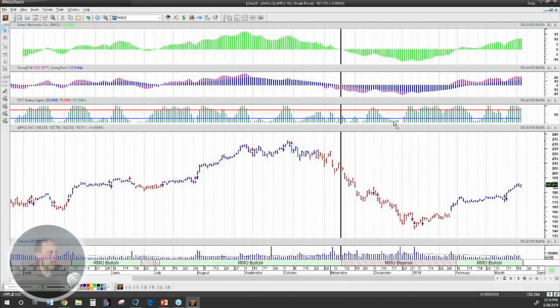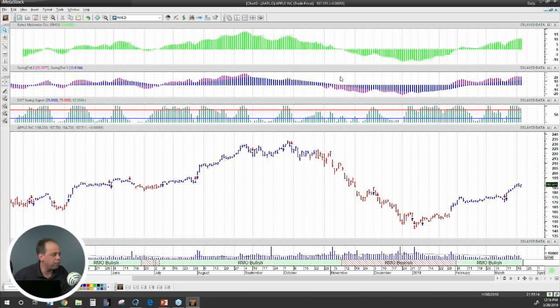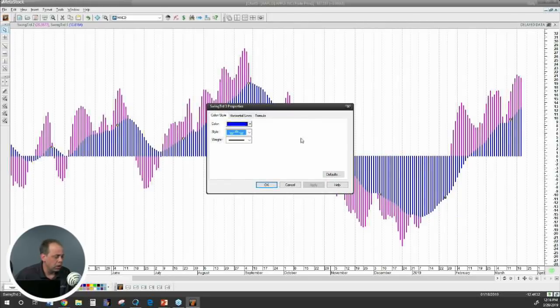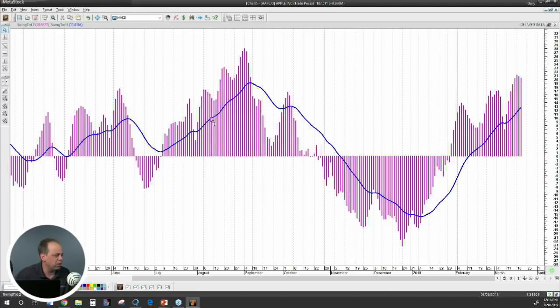I'm going to go ahead and go back to my MetaStock chart right here. Initially we were looking at the RMO, or the primary trend. What we're going to do now is look at the short-term trend. To do that, I'm just going to focus in on this swing trade number 2 and swing trade number 3. Okay, so I'm going to go ahead and make this full screen. I do prefer a slightly different view, and with MetaStock, that's actually really easy to do. If I double-click on an indicator here, I'm going to change this from a histogram to a line. Okay, so now we've got a little bit of a blue line. This makes it easier for me to see the crossovers. I actually happen to prefer this as a view.